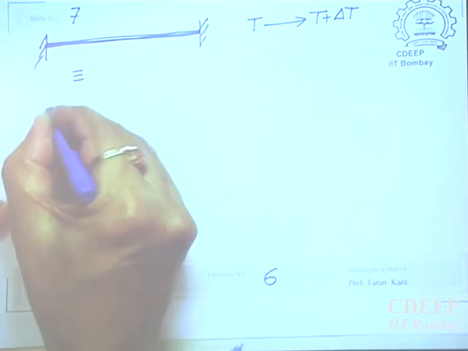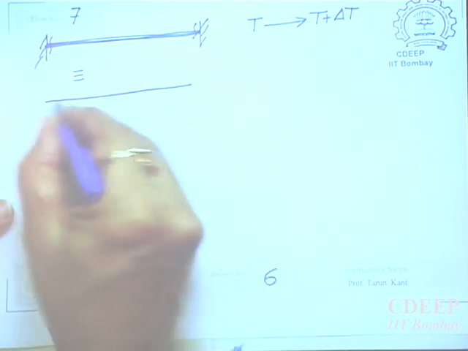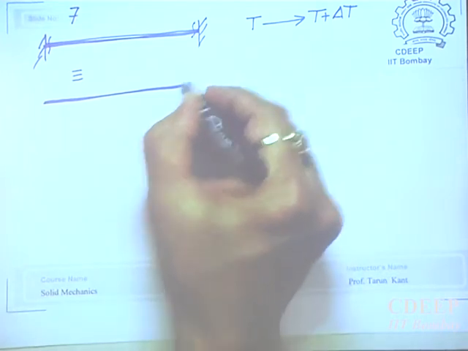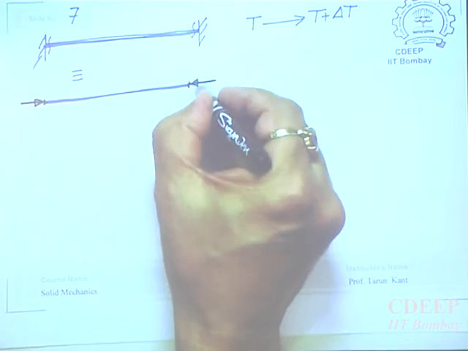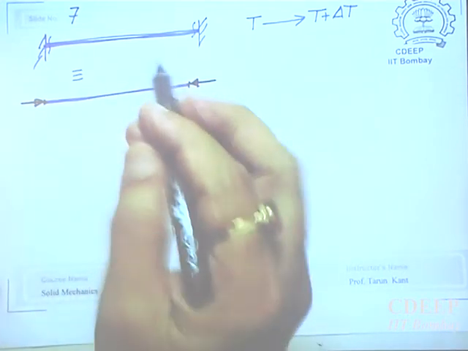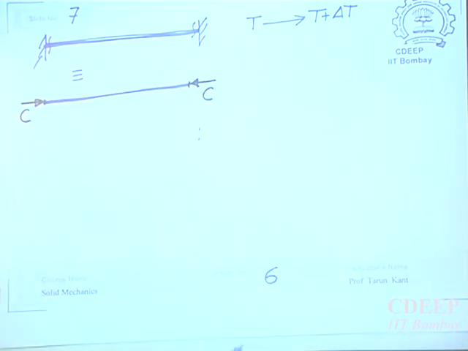So actually this rod, if you draw the free body diagram, if I cut the rod here, there is the free body diagram I am drawing. So will this be under compression or tension? It is not necessary that you realize, but I think it is better to understand the nature of forces right from the beginning. If it is trying to expand, you are not allowing it to expand. So what kind of force will be generated inside the body? Compression. So there will be force here, C and C, compression.